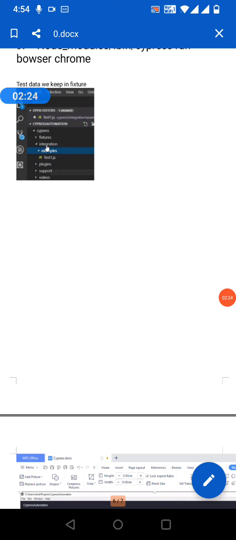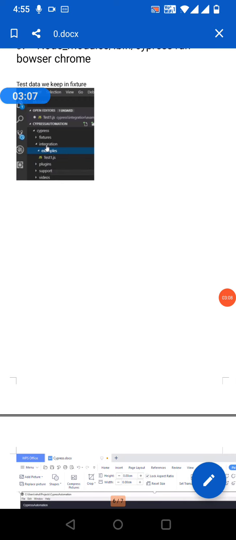Next, plugins. Here we set things like when we want to set the browser to full screen, or to inject some customized options to the browser, to accept certifications and browser notifications before invoking the browser. We give those steps in plugins. So before invoking the browser, these kinds of actions we need to perform. It's like an event, Cypress events. These plugins are like listeners to handle Cypress events.